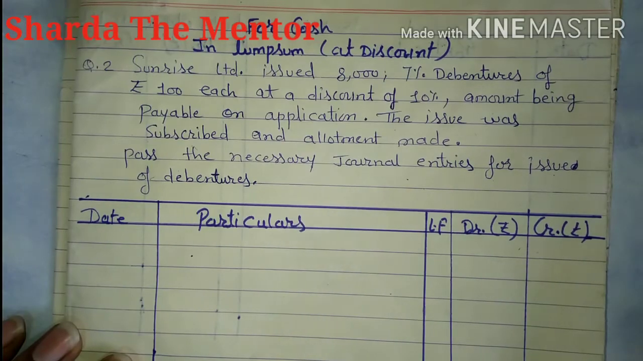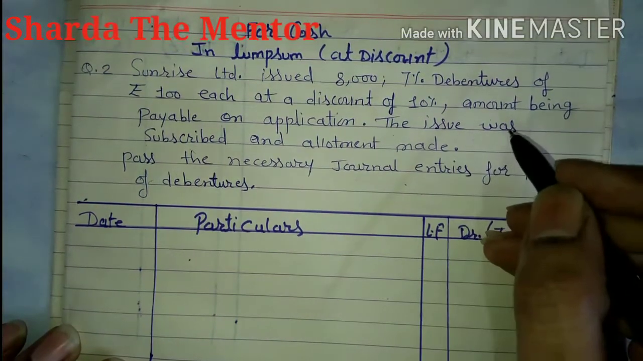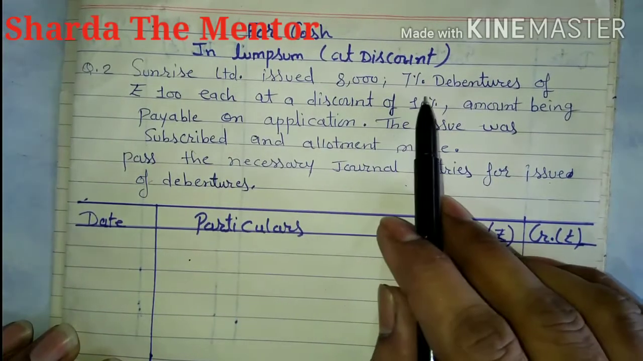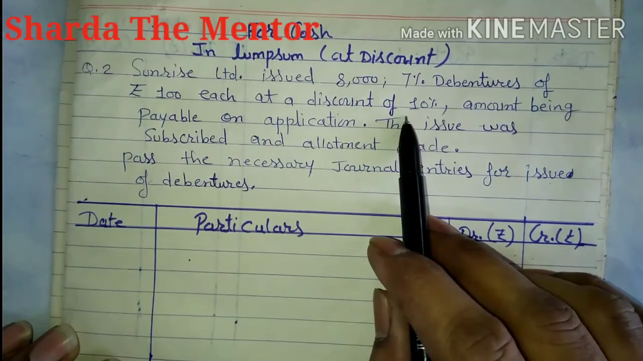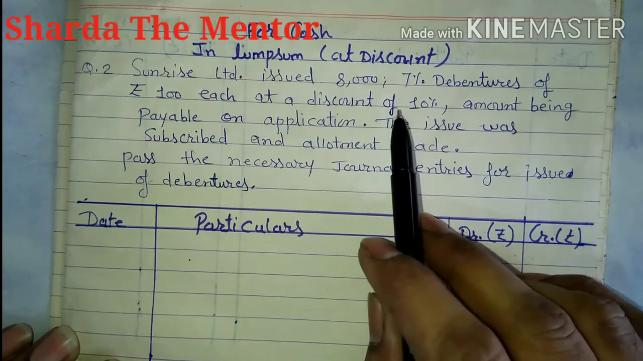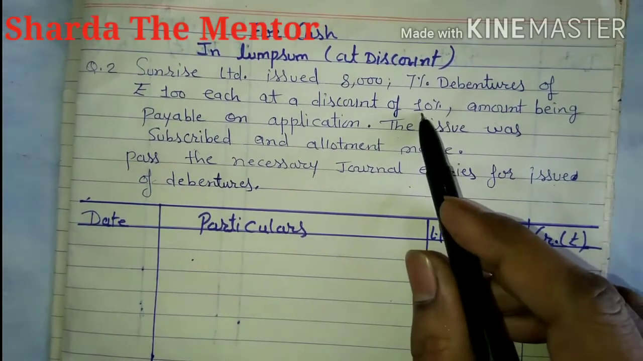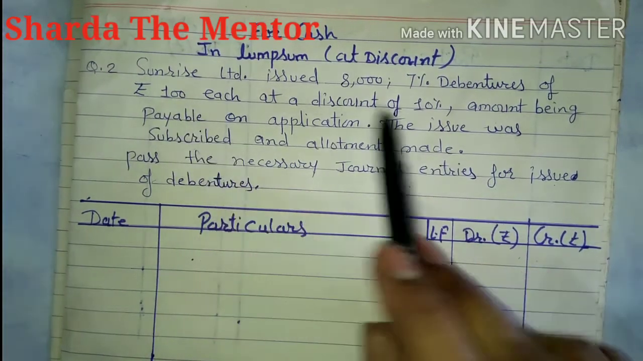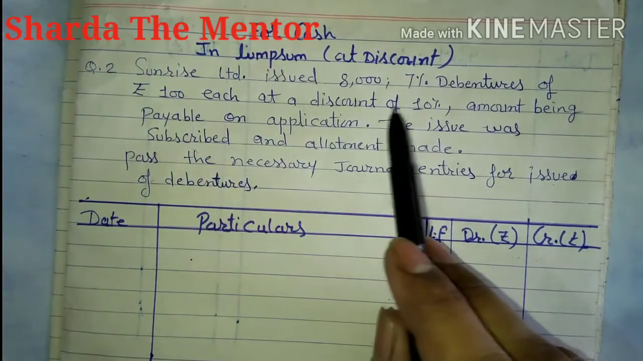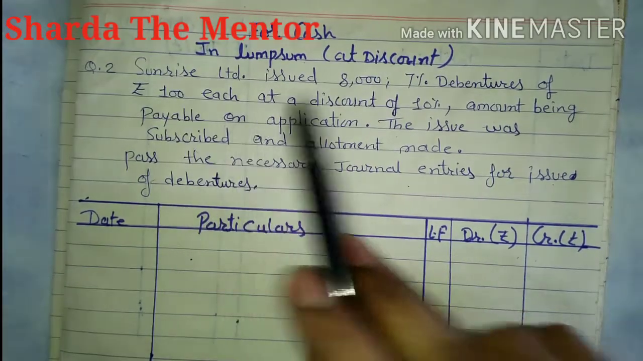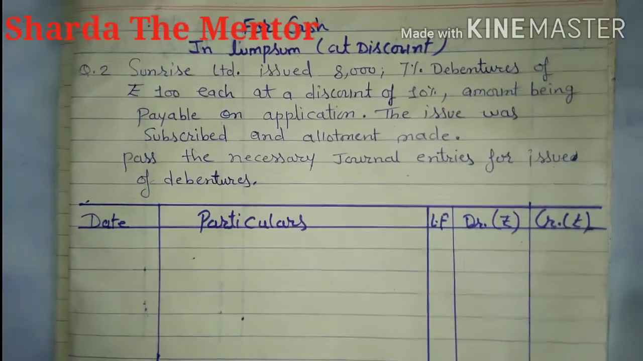So in this question, 100 is the amount of each debenture, and it is given that the discount is 10%. So always the discount will be charged on the face value. You have to charge 10% on the 100 rupees, so that amount will be